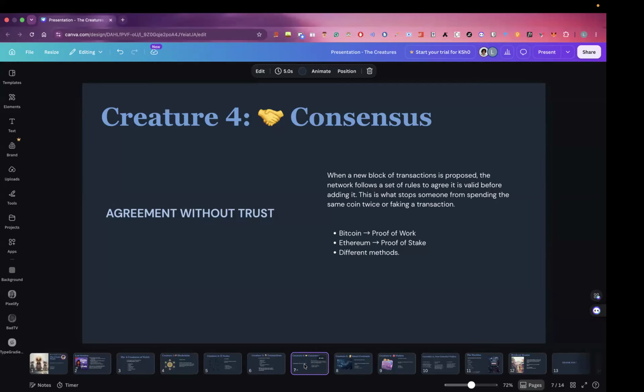And in order for these nodes to come to an agreement on the current state of the blockchain, they need to be able to communicate, and there also need to be some rules that enforce what a valid transaction looks like. So a consensus mechanism is basically just a set of rules that allow a distributed network of computers to agree on the current state of the blockchain. And when we say current state, it can be something like Alice's account holds 5 Bitcoin. And then when a transaction happens, Alice sends 2 Bitcoin to Bob. Her account now is at 3 Bitcoin. That is the current state of the blockchain.